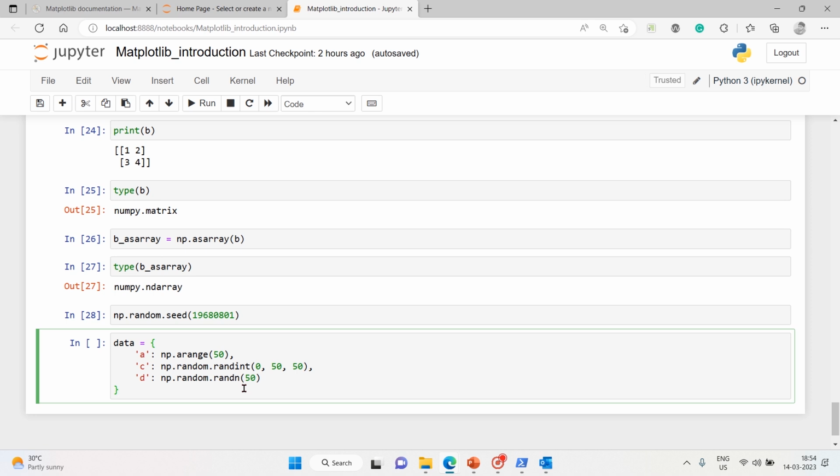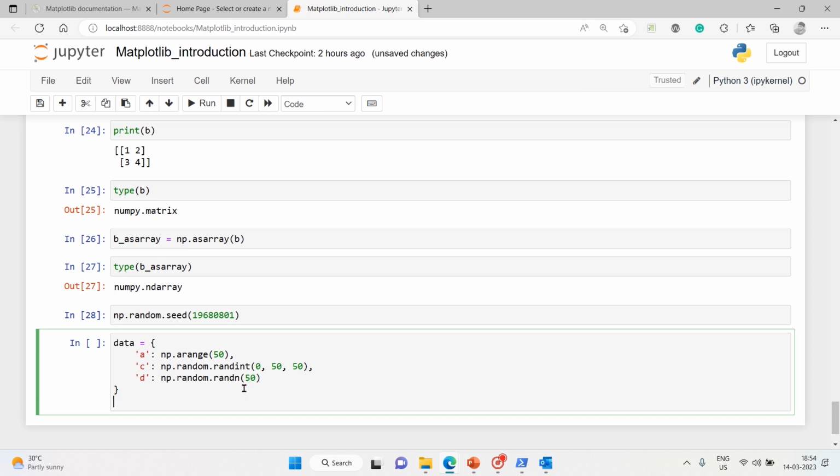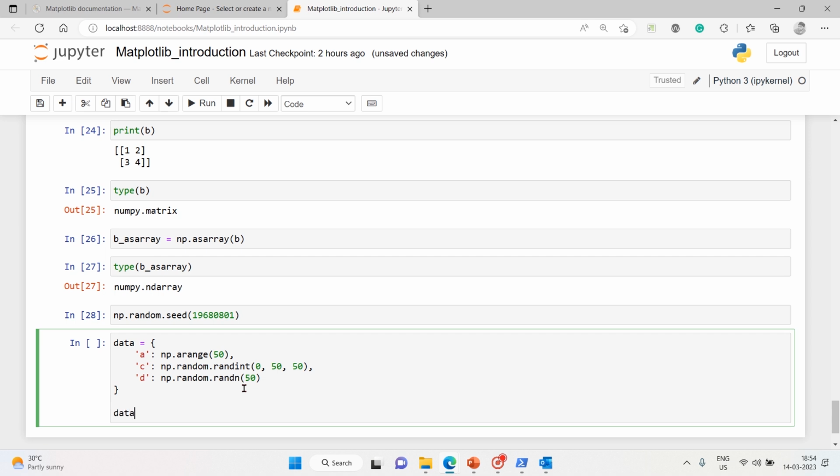So now what I will do, our data is ready. Our data dictionary is ready. So now if you want to cross check, you can do data indexing. So you can just call B. Here I'm going to add a few more key value pairs to that using operations. So data B is equals to, so data of